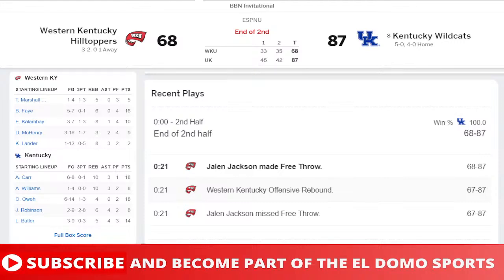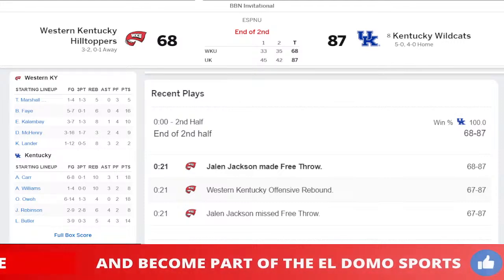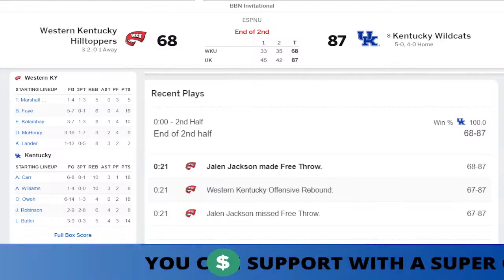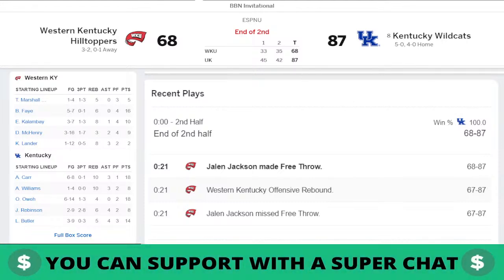The Hilltoppers are now at 3 up and 3 down. They have 2 Saturday tests in the next 2 weeks. They'll be at home against Marshall this Saturday at 7 p.m. and then on the road the following Saturday against Evansville. Well, I thought the battle was there for the Toppers. They just didn't have the ability to score through the Kentucky